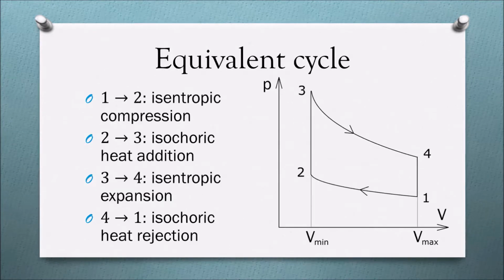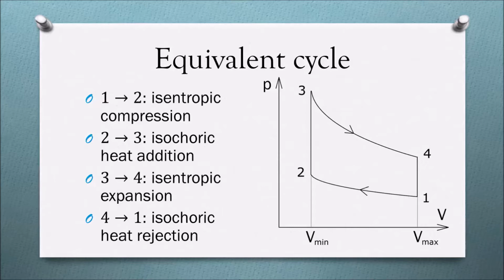First, let's look at the equivalent cycle and check what we do know and what we need to determine. I have done the numbering in a way to ensure that state number 1 is the state before compression. After the compression, we are in state number 2. The volume equals the minimum volume at this stage and also in the third state. The maximum temperature occurs at point 3 after the isochoric heat addition, so we know the temperature at state number 3. One of the questions is the heat addition between state number 2 and 3. To calculate that, we are going to need the temperature of state number 2.